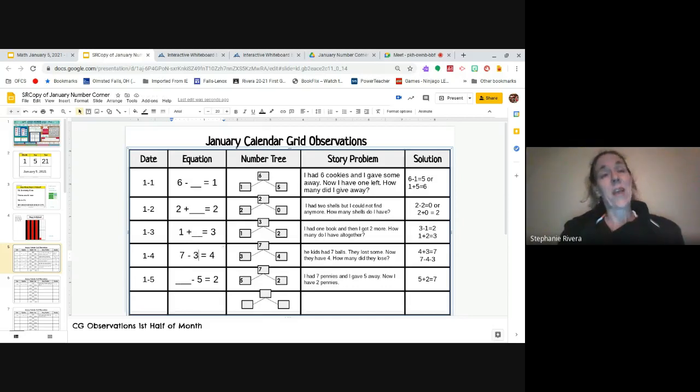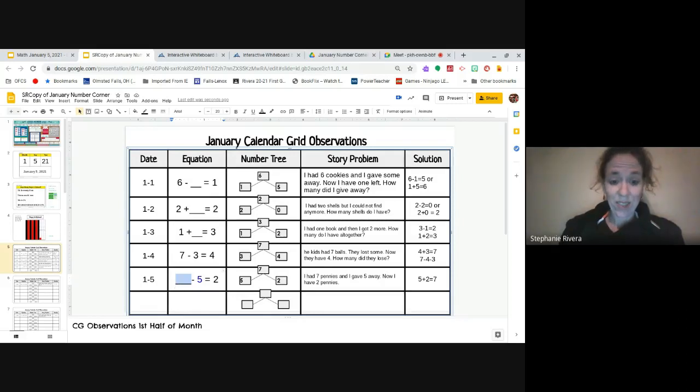Well, today is the 5th, so we're trying to make the number 5. They got a little tricky here, and they put our 5 right in here. 5 is actually in the middle of our equation. Blank minus 5 equals 2. Well, opposite of subtraction is addition, so I could solve it by saying 5 plus 2 equals, or I could say 2 plus 5 equals, and either way,